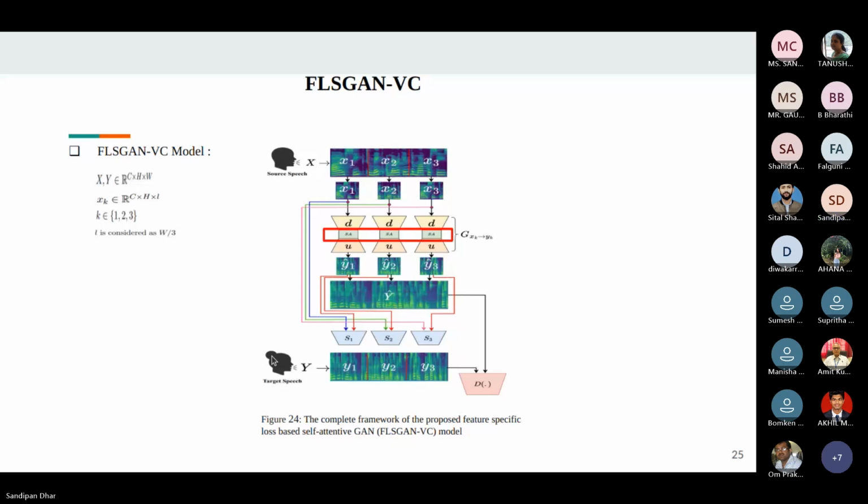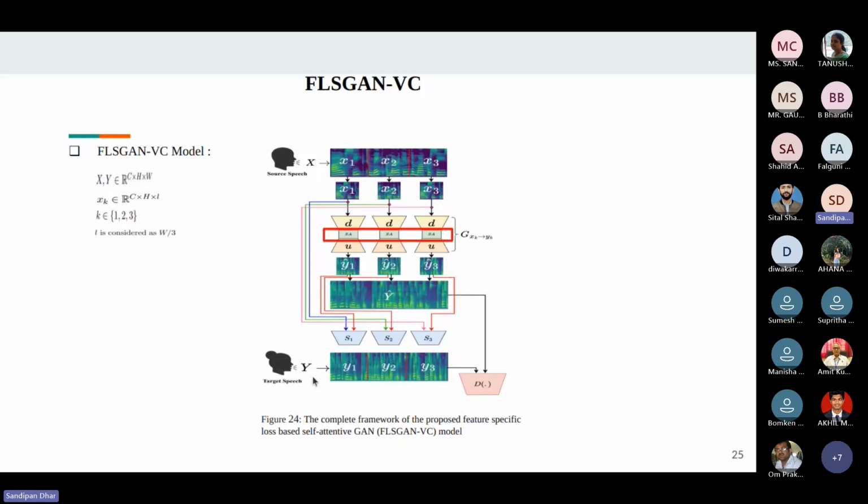Then we first divided the mel spectrogram into different parts. Here the segmentation we have done is into 3. Initially we went through different other segment counts, then we found that when we segment it into 3 segments, we get the best results. We used separate generators for each of the segments, and once generated, we concatenated them all together to obtain the